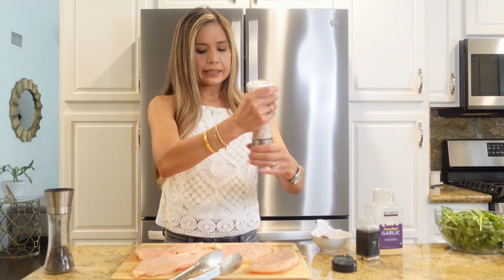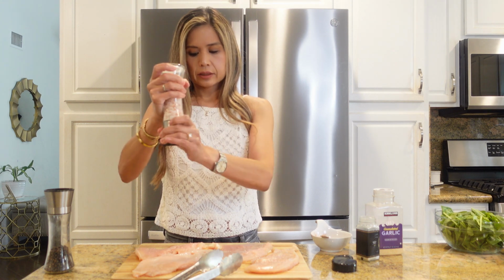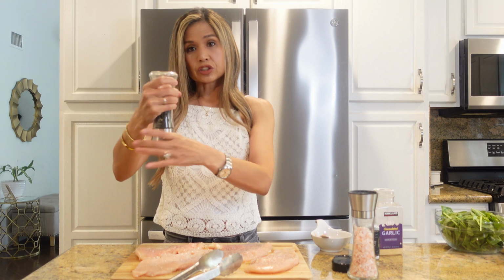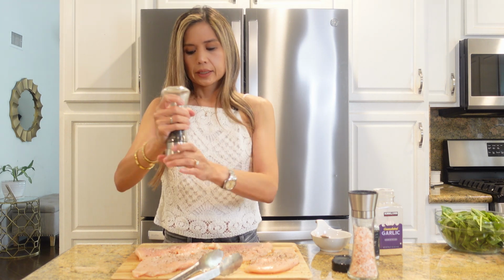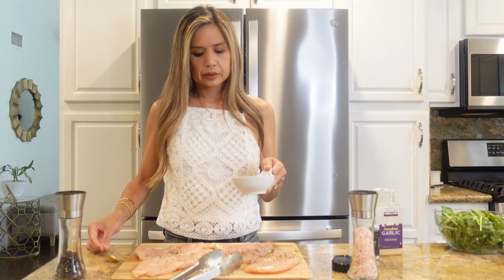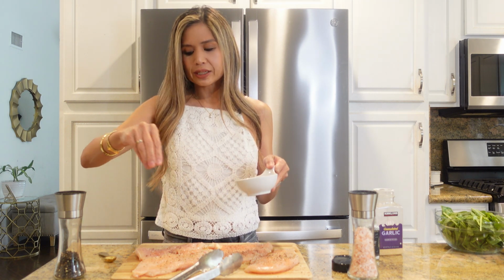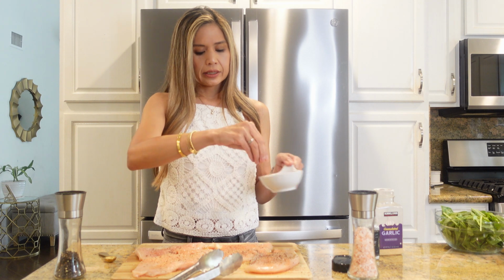So I'm just gonna add some salt, some pepper, fresh cracked pepper, of course, and then we will add our seasoning mixture. And this really is going to be the ultimate chicken dinner. The chicken,